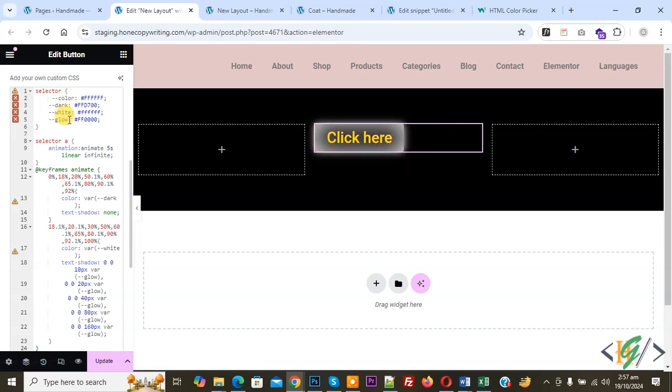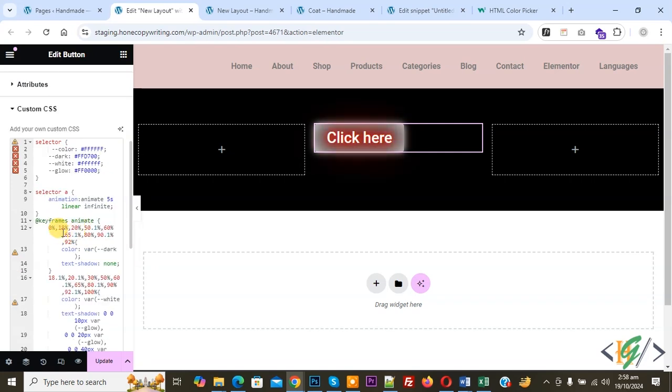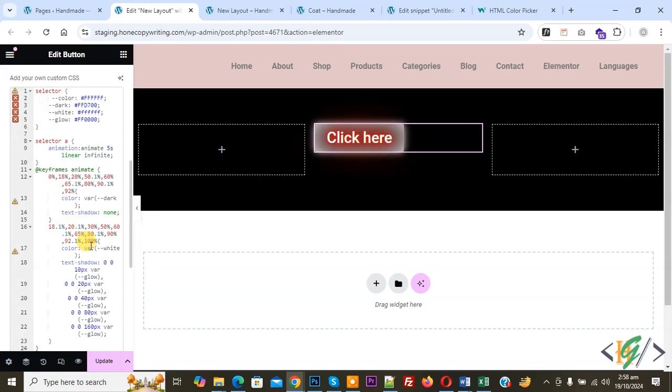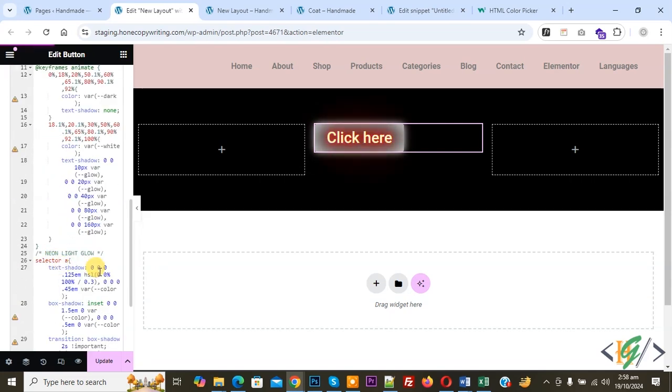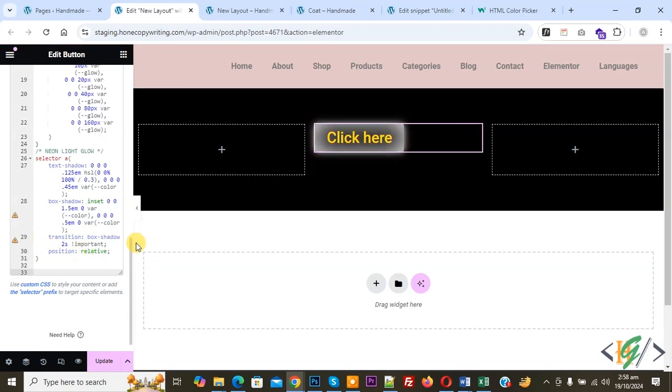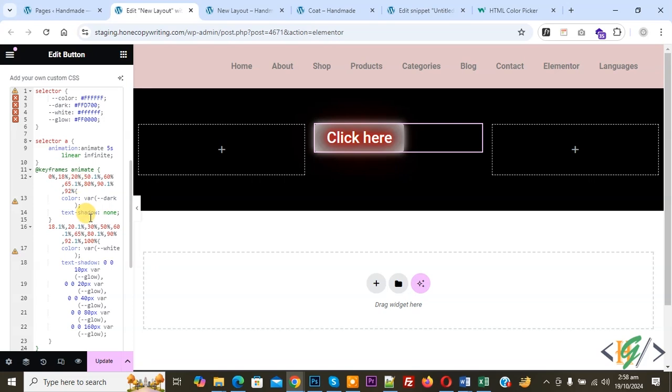So you can add a color scheme according to your requirement. And then you see animation, animate 5 second, linear infinite, and then you see keyframe animate, so you can see numbers, and you can adjust the values according to your requirement. Now you see selector ray, text shadow, box shadow, so this is a box shadow. Now you see transition, so you can add a color scheme and adjust the numbers according to your requirement for the button,